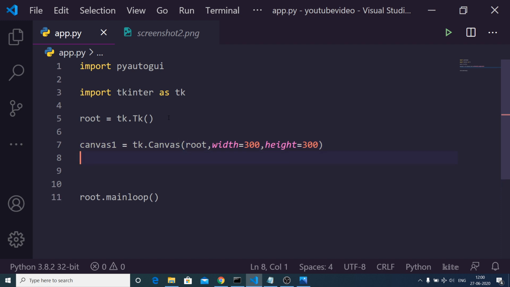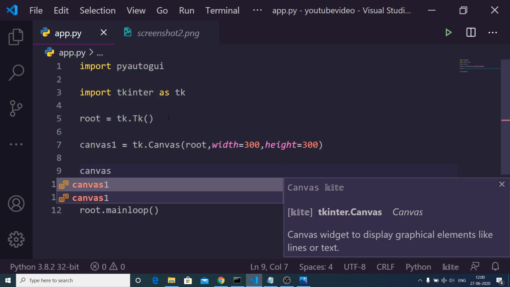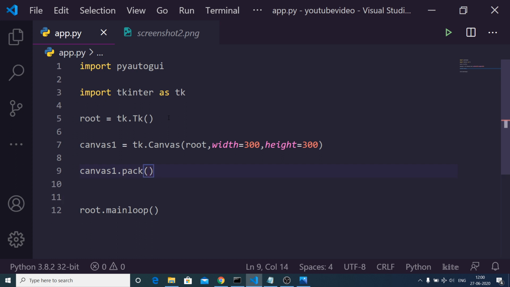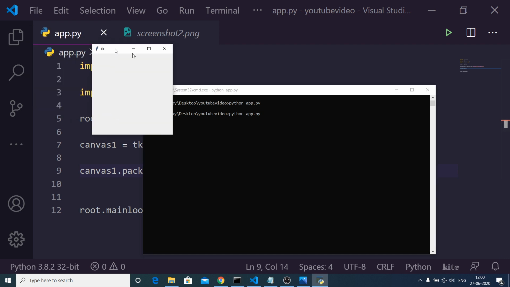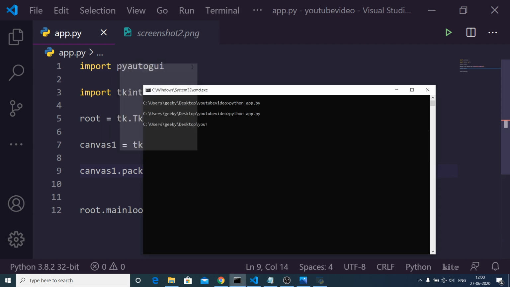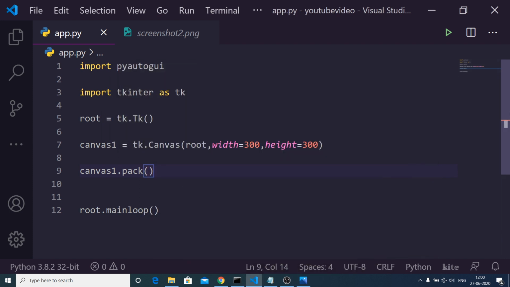Now we need to add this to the screen, so we use the pack method of Tkinter. If you run the application, the window will be resized to width 300 and height 300. You can see that.